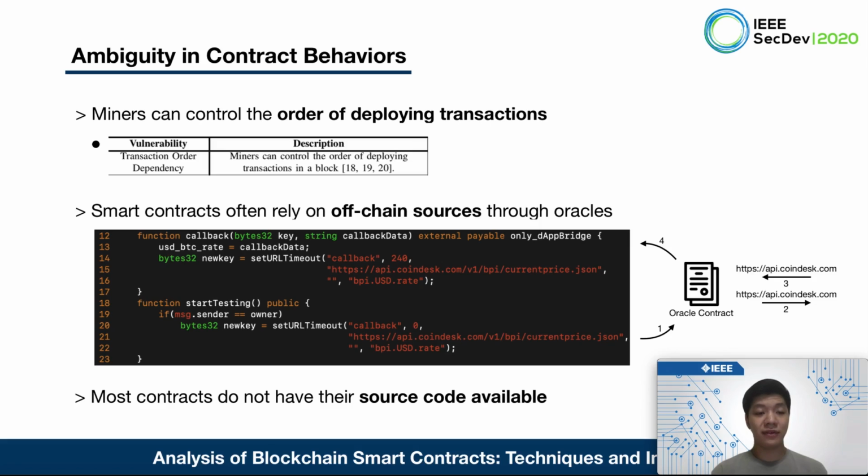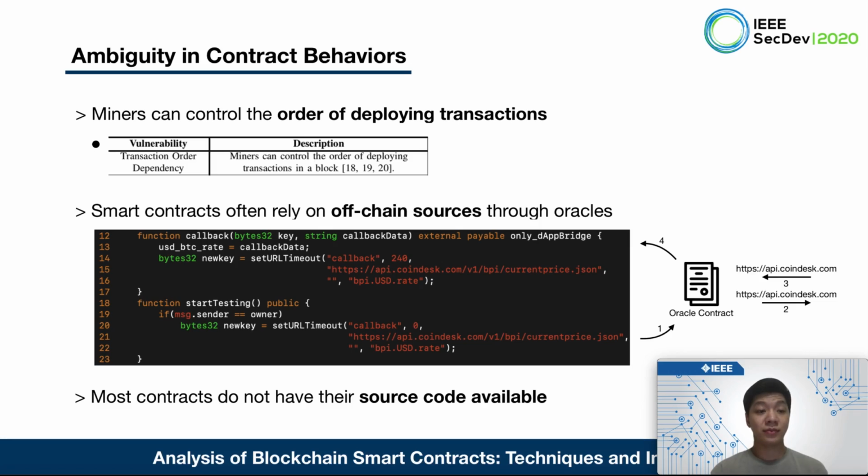First, as seen in the previous slide, miners have control over the order of transactions. If a user makes a transaction expecting a certain state, it might not be the case if a miner puts another transaction first. Also, smart contracts often rely on off-chain sources such as websites and make use of Oracle contracts